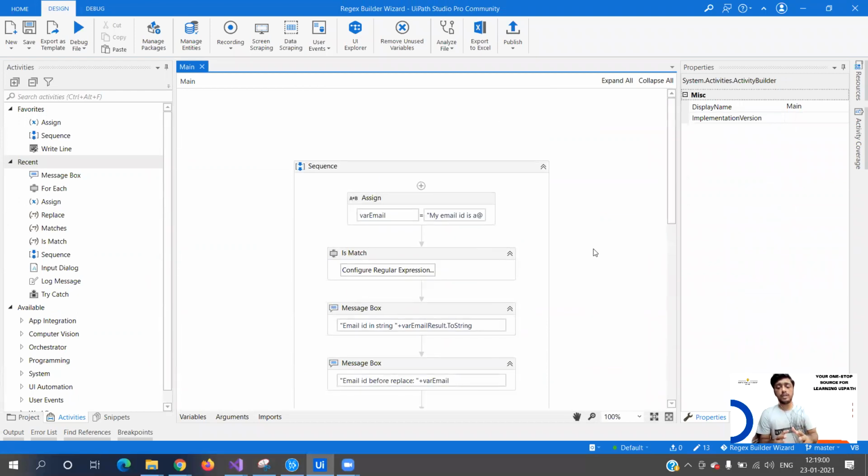So you see how we have used these three activities. I know the video has been quite long, but it was very helpful to understand regular expressions, when they should be used, why they are better than the traditional data manipulation functions that we follow, and how easily you can use these three activities and build the regular expression.